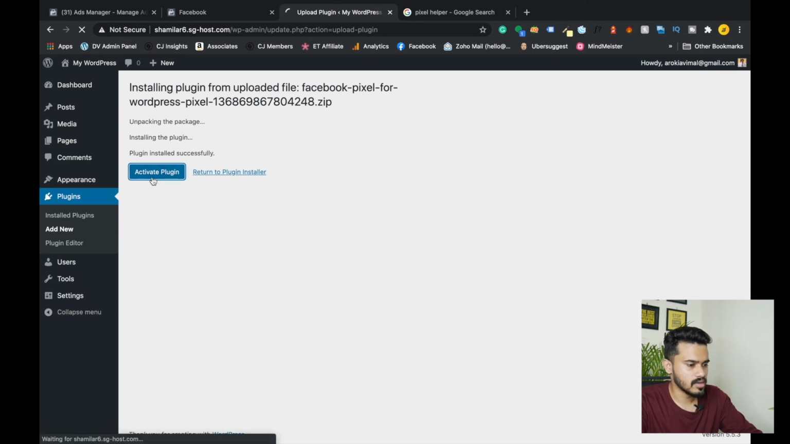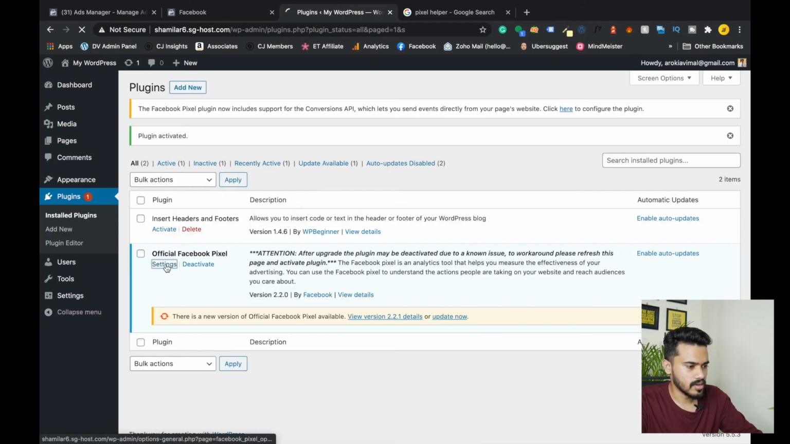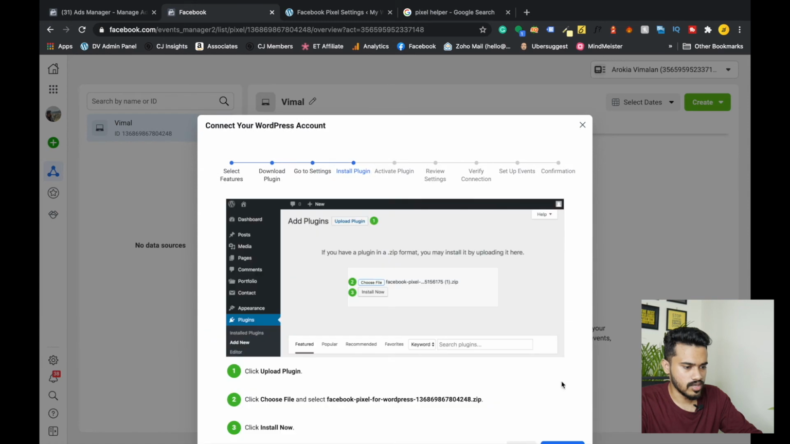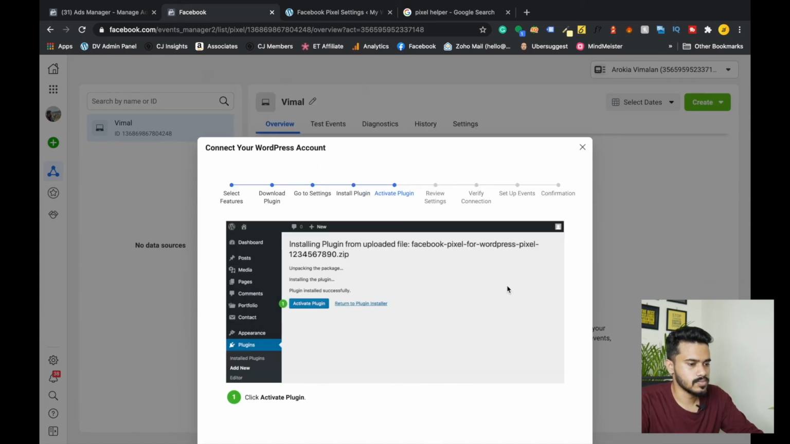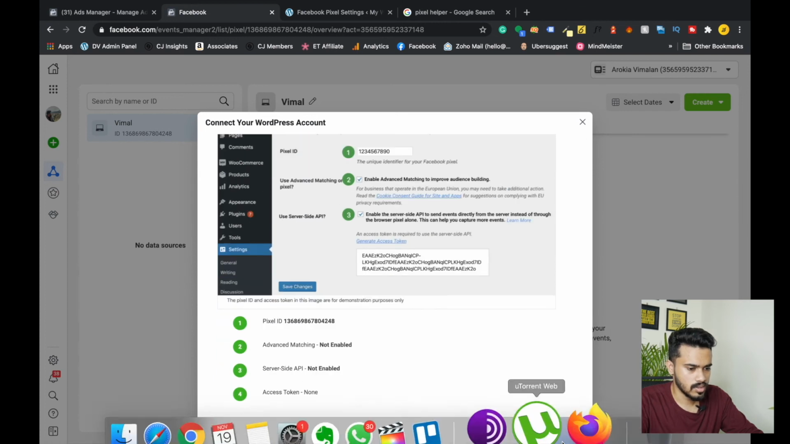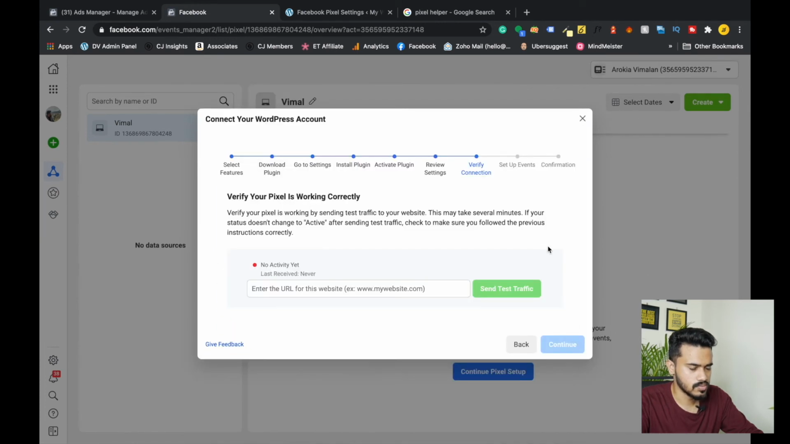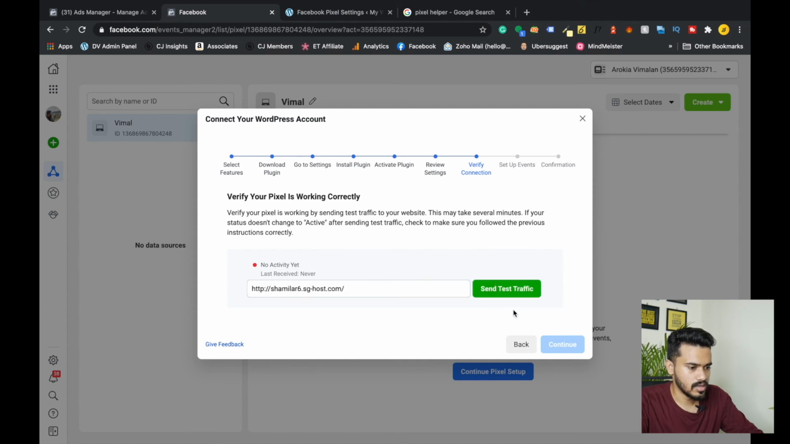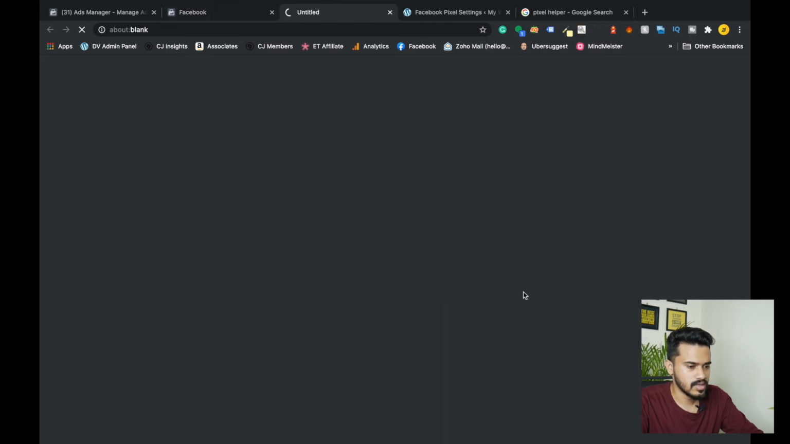Once you activate the plugin, you can go to the settings of the plugin, and you will see your pixel ID is automatically saved there, so you don't need to copy paste anything now. So click on save changes and go to Facebook, click on continue. We have already installed it. Continue, you can ignore this, continue, and verify connection. So here I'm going to paste my home page link. You can paste whatever link you want to test with, send test traffic,